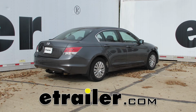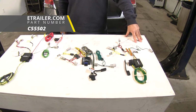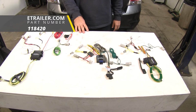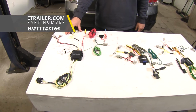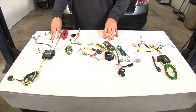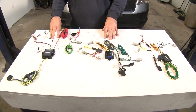Today we're going to be taking a look at the best custom fit vehicle wiring on our 2009 Honda Accord. Over here we're going to have the Curt, part number C55502. Here in the center we're going to have the Tekonsha, part number 118420. And over here we're going to have the Hopkins, part number HM11143165. The Tekonsha and the Hopkins will work with the 2008 to 2012 Accord Coupe and Accord Sedan, whereas your